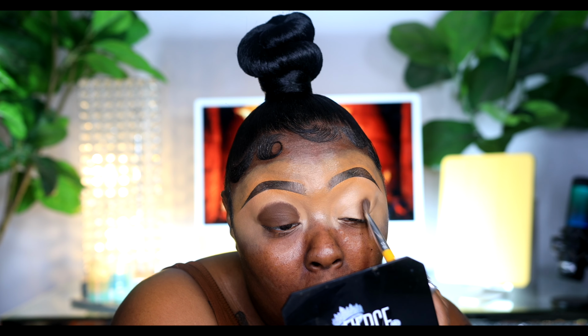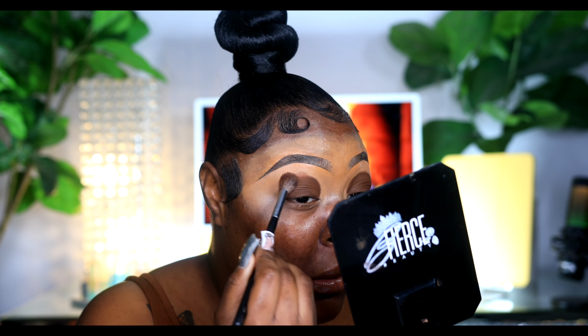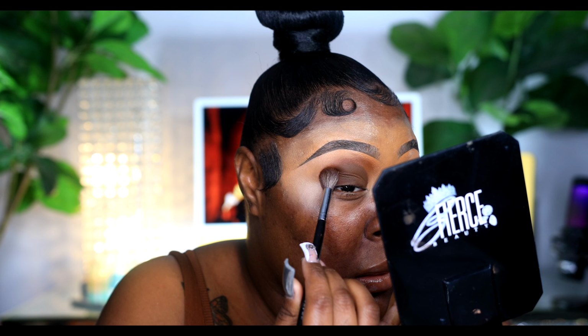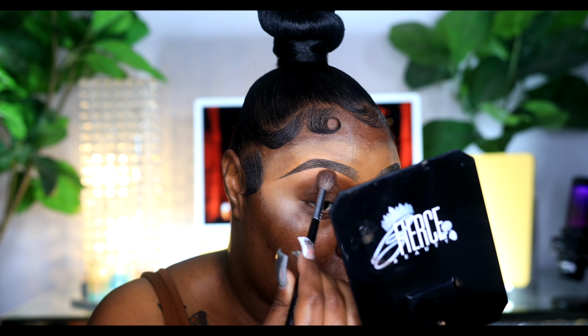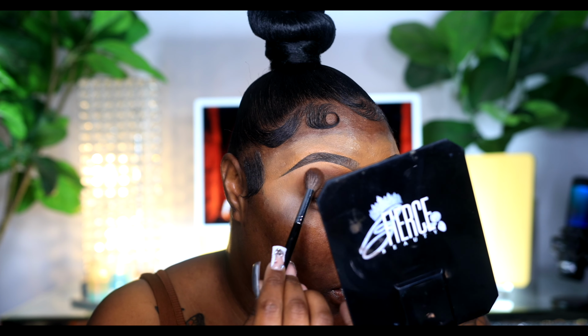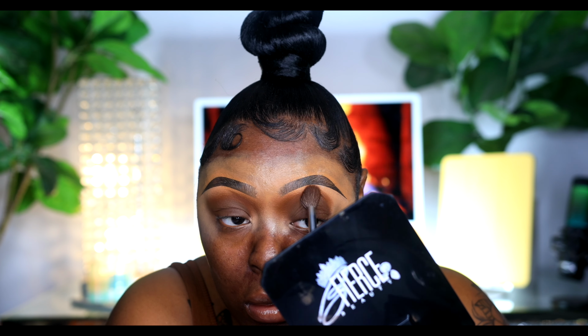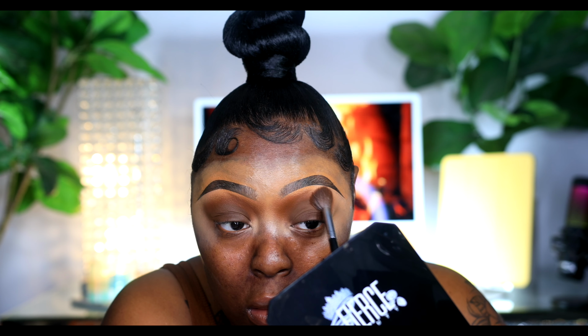So with the Nova Beauty eyeshadow palettes, it's a lot of shimmers in the palette. It's probably about 2 matte shades out of the 2 palettes. So there is a bronze and a smoky palette. So I just went ahead and took matte shadows because I really like shimmers either in the inner corner, or if I'm doing a cut crease, I'll put it on the lid area, or if I'm doing a no cut crease look, I'll put it on my eyes. So I took a darker brown and a lighter brown and smoked that out. Those 2 colors are really bomb together, and when I tell you this inner corner, then I'm about to pop in my inner, y'all,